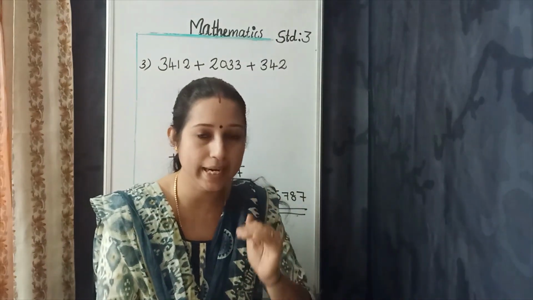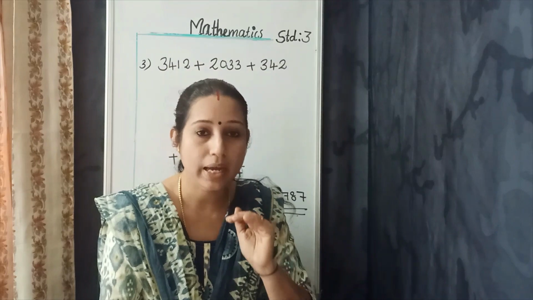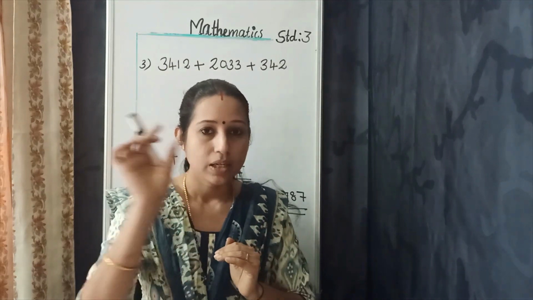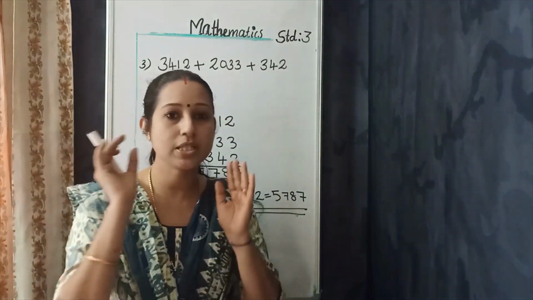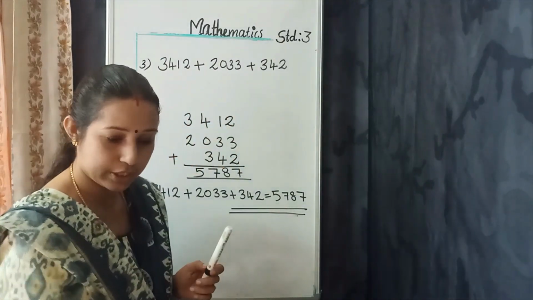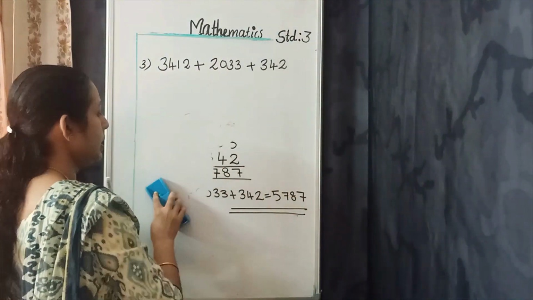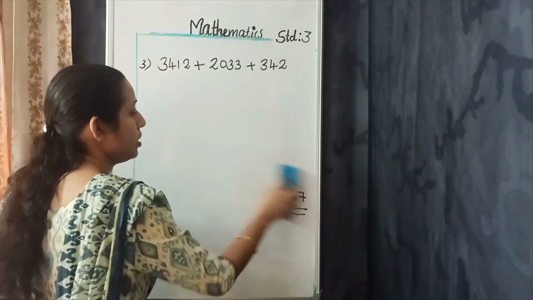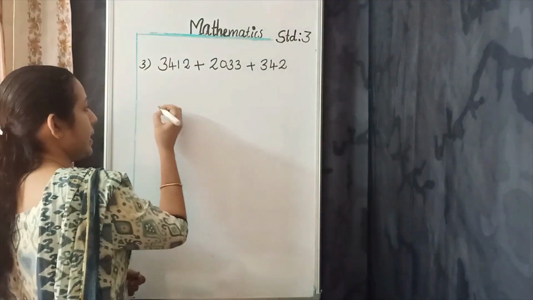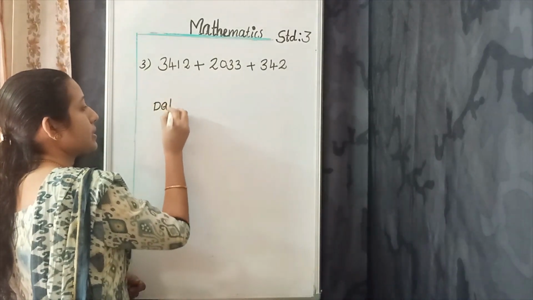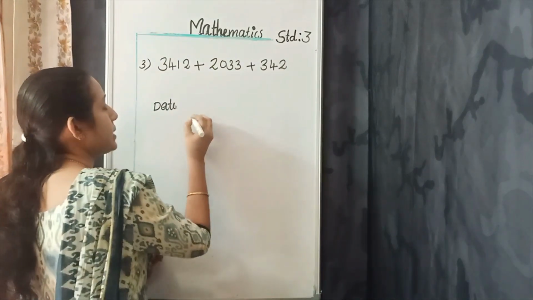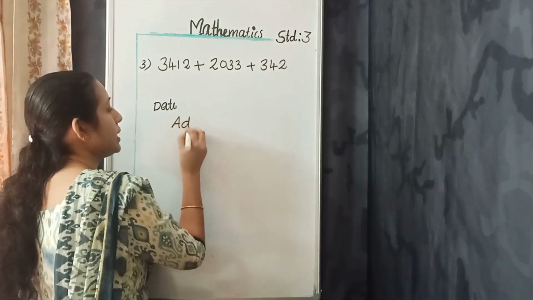Put the correct date as the heading, then the topic name. In the practice book, put the correct date on the first page. You write this correct date, then after that write the topic, that is addition of 3-digit numbers